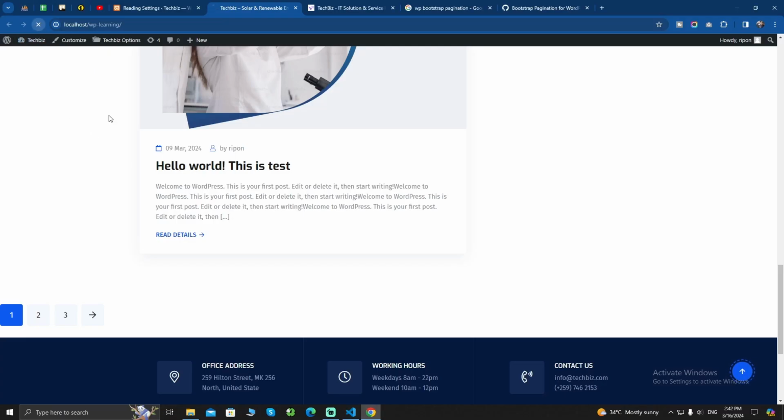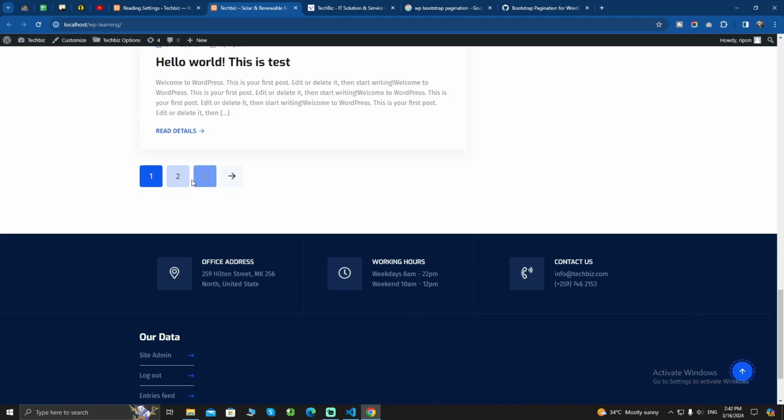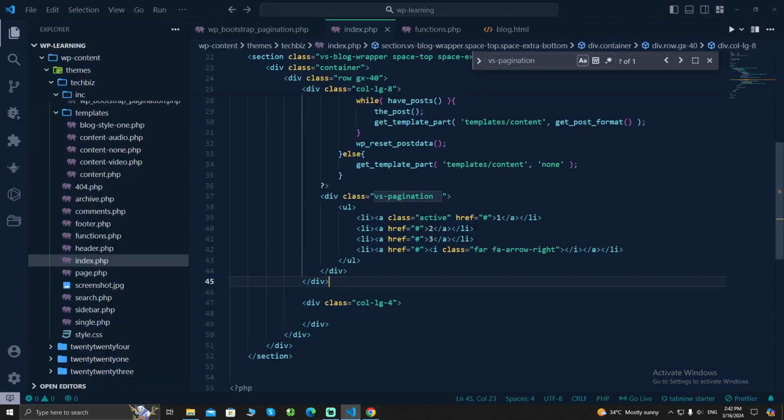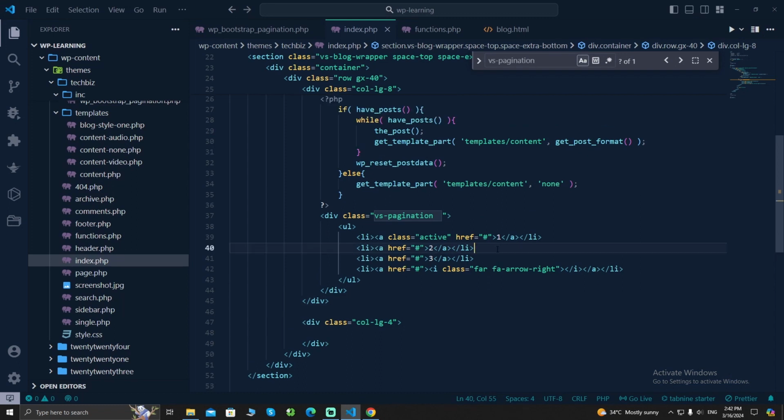Now if I give a refresh, you can see the position is perfect now. So I need to make it dynamic now. If I click here, nothing will work. So now I need to make it work. For making that, you can see here this part